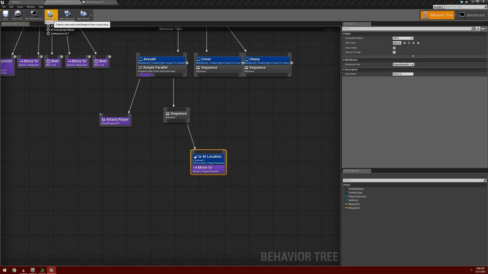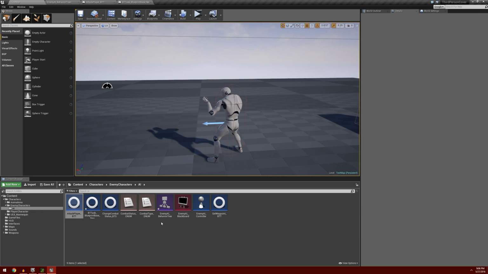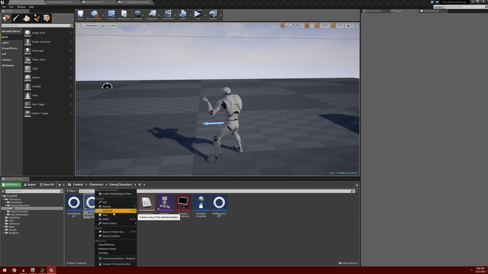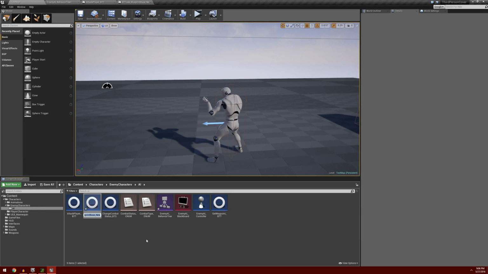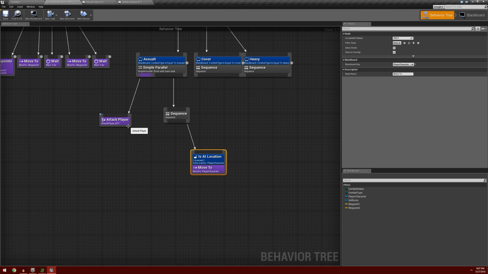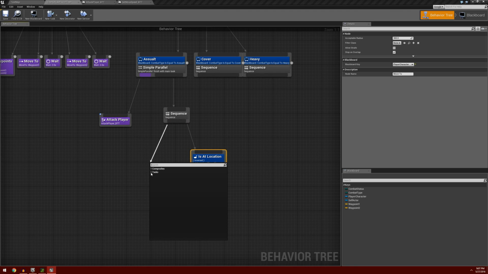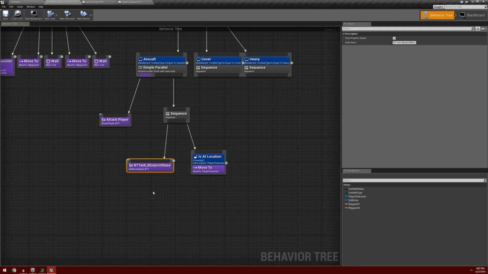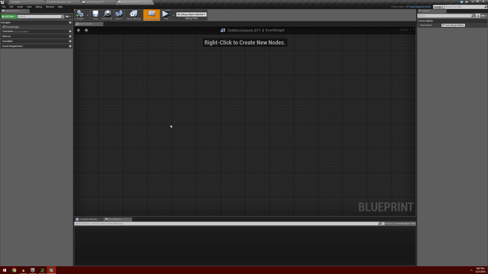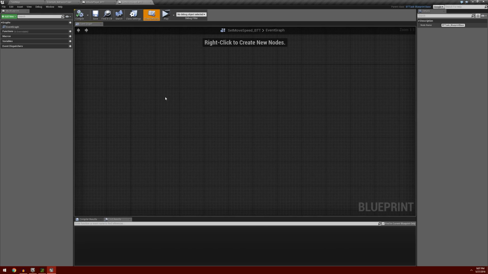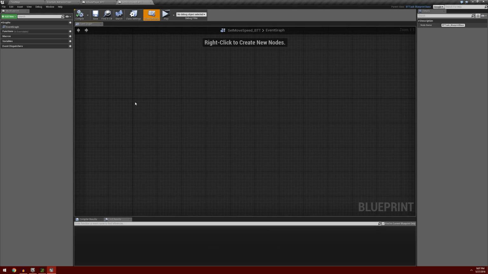So I'm going to go up to New Task. We're going to do it off of our blueprint base. And I'm going to go back and rename this. We're going to call this set move speed underscore BTT. And we'll go back to our behavior tree. And we'll drag off of our sequence, and under tasks, we're going to select the set move speed BTT. So we'll go into our set move task, and we're going to right click and